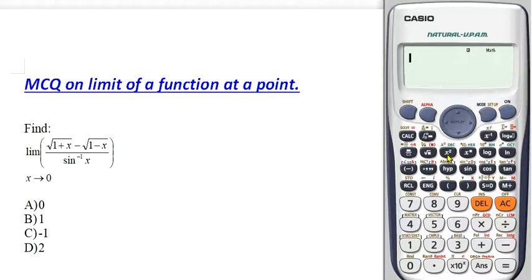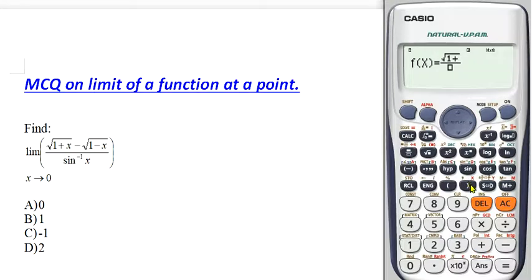Let me go to the mode setup. Here we can use two methods, and I will show both methods later. The first method is the tabulation method. Let me go to the setup, and here we can see number 7, table. Let me type these functions. Just typing: square root of 1 plus x